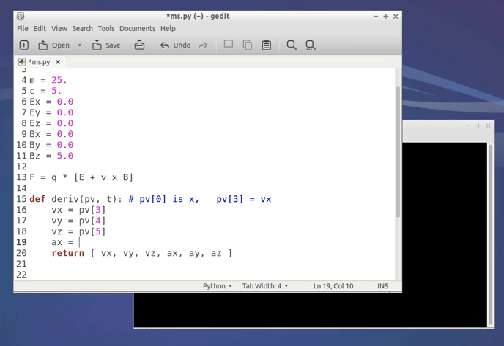The force. So you have to calculate Fx. Fx is equal to Q into Ex plus, now the V cross B. V cross B, the Vx will be given by Vy into Bz. So this goes cyclically, that is the definition of our, say, Vz